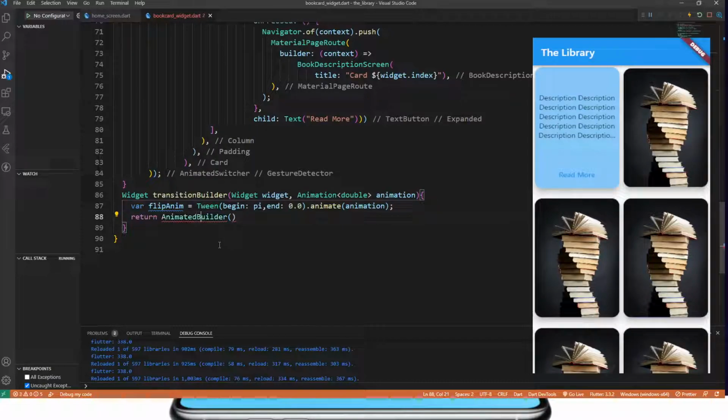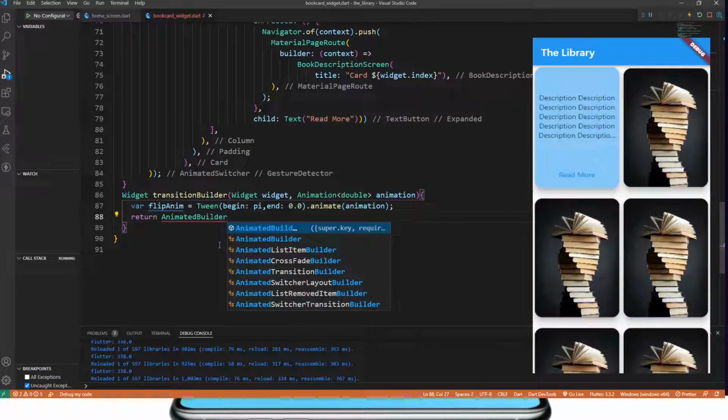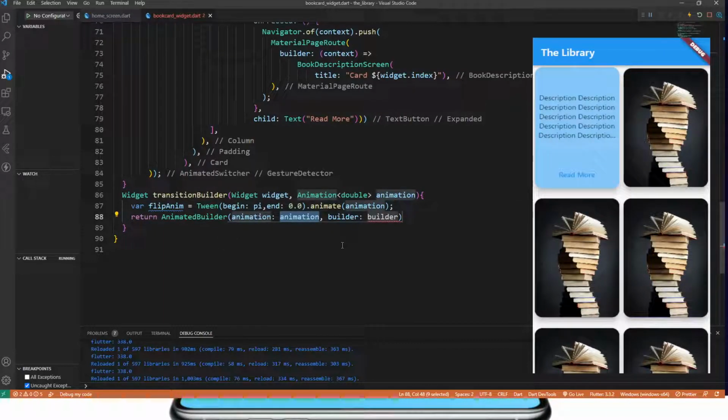Calling the animated, sorry, it's not animation, it was just animate builder. So you can call animate builder, and animate builder takes two fields, animation that we will already be getting from here,